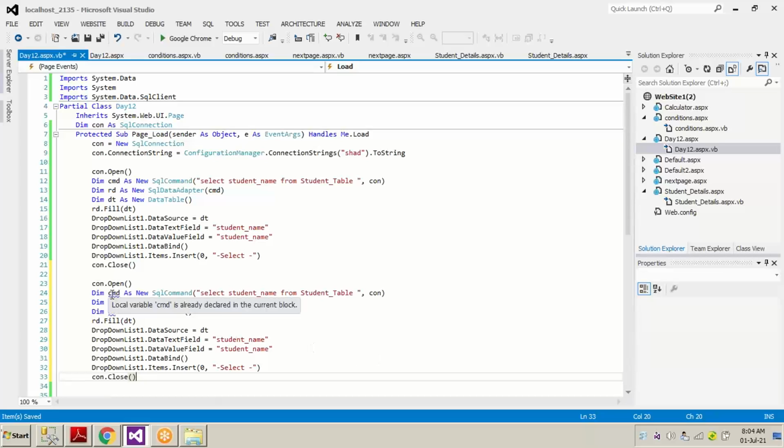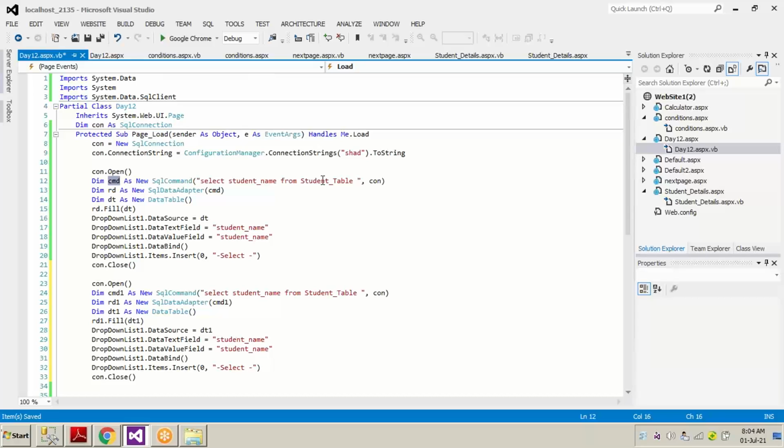It is showing the blue color because CMD has already been defined on top. So we have to change the name from CMD to CMD1, RD to RD1, DT to DT1. Wherever we find CMD, we have to change it to CMD1. Now the application will consider CMD1 as a different command than CMD.